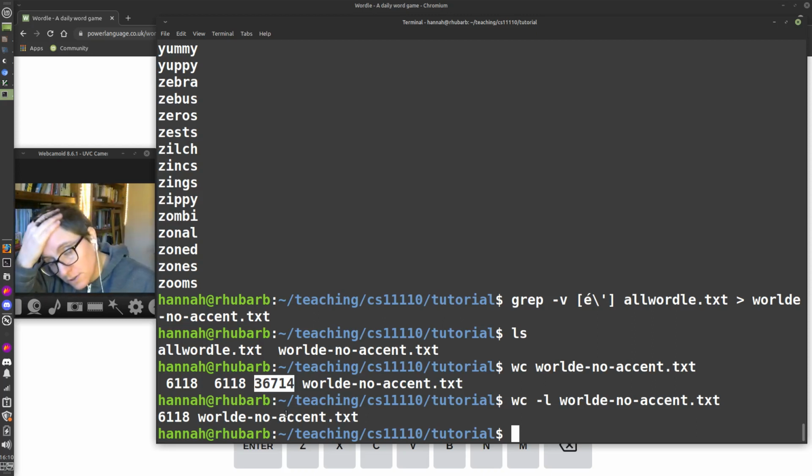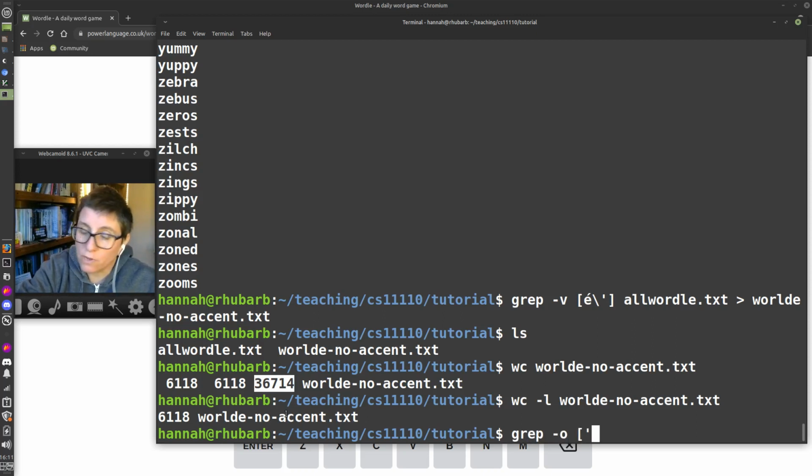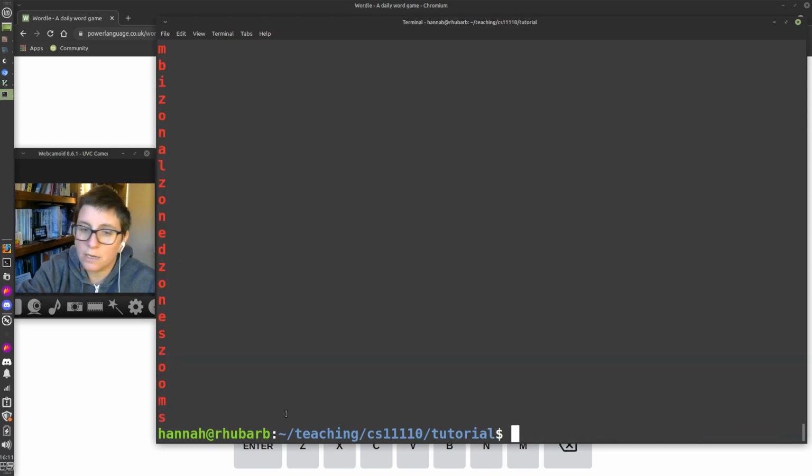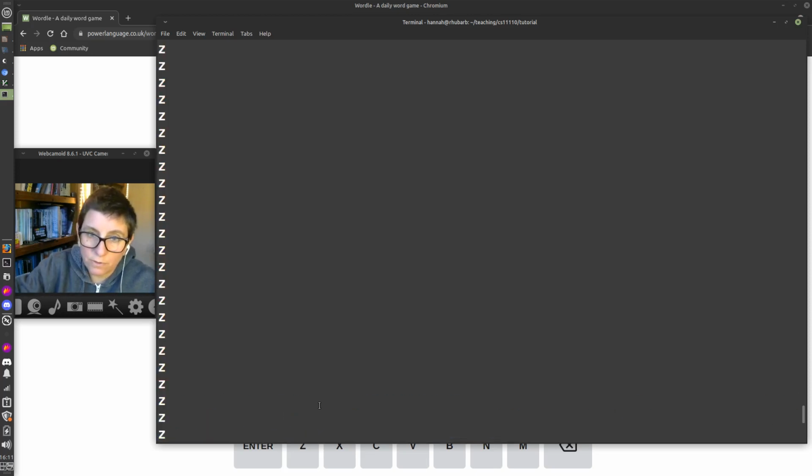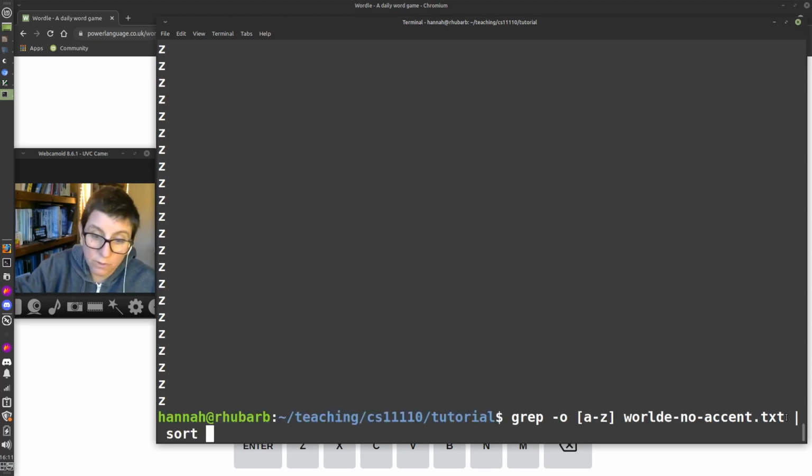One of the things you can do is grep -o, which prints the match only. We could give it a character range, a to z, which is just lowercase letters, and run that on Wordle no accent. That's going to print out one character per line, all of the letters in those words. Now we can use a little bit of magic to sort that. It doesn't look very useful so far, but this is all of the letters in our word list, one per line and sorted. And how I did that was I used this pipe character,